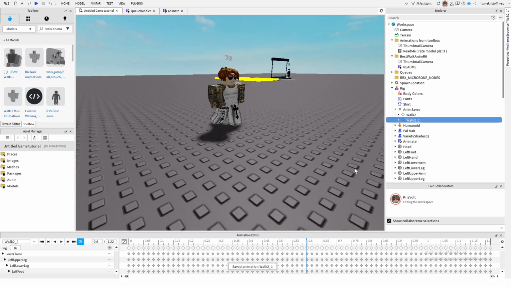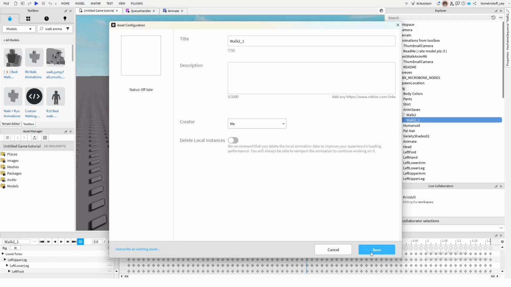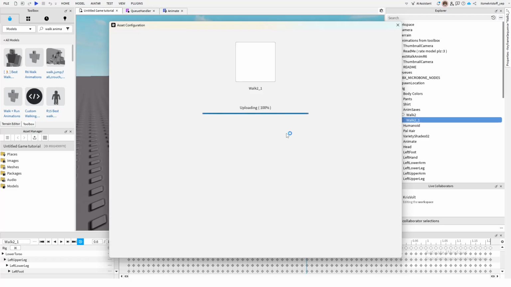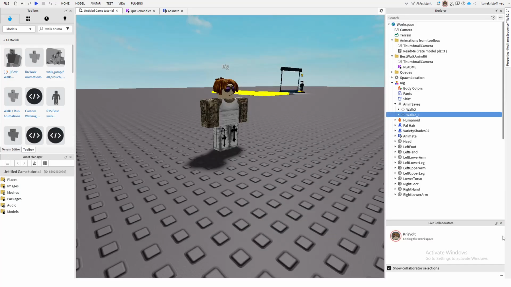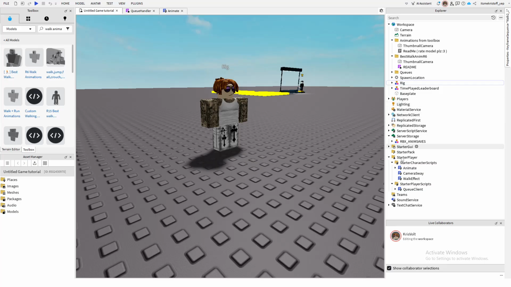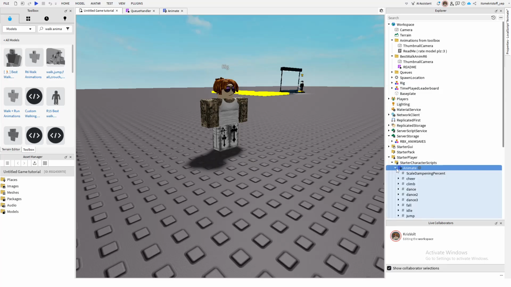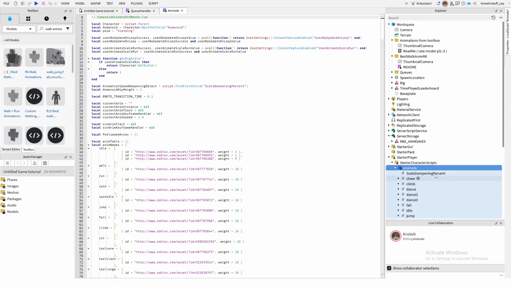publish to Roblox, then save, then copy the ID, then put it on animate. Click the local script, animate, then change walk,